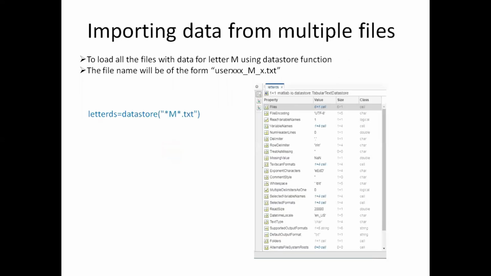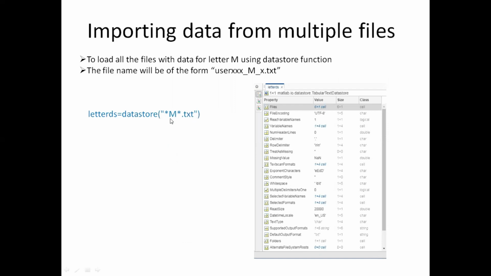As I told you, we will be using the datastore function. The format of this function is: we give the variable name where we want to load the files, equal to datastore, and inside brackets we give the name of the file in double quotes.